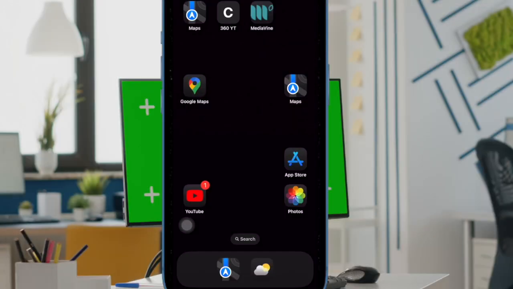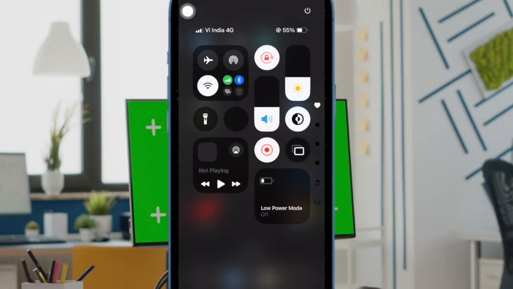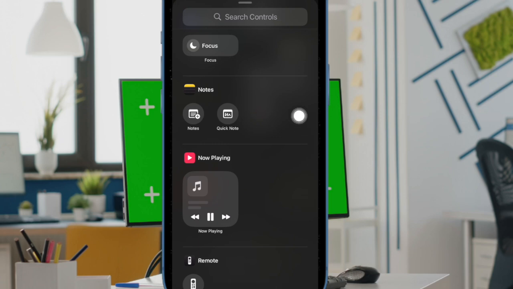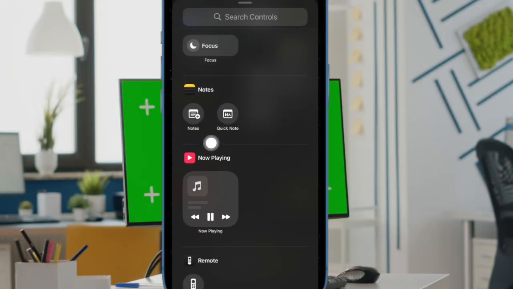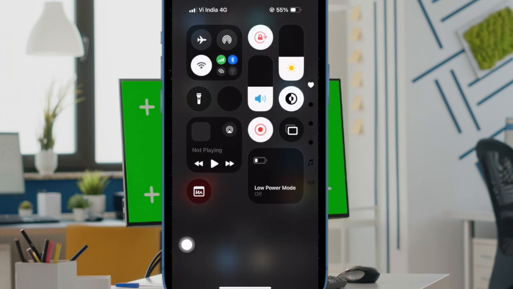So to get us started, you have to swipe down from the top right corner of the screen to bring up the Control Center. And then you have to tap on the plus button. And then you have to tap on the Add a Control button at the bottom. And then you have to scroll down to the Notes section and choose the Quick Note option. Alternatively, you can take advantage of the search bar at the top to easily find the Quick Note. And finally, tap on the empty space to confirm the action and get out of the editing mode, and